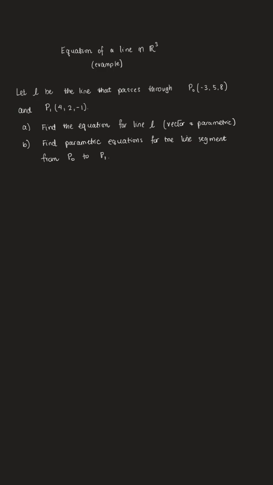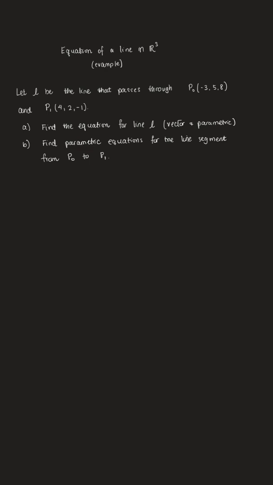Okay, so here's an example of finding the equation of a line in space. Let L be the line that passes through P sub 0, whose coordinates are negative 3, 5, and 8, and P1, coordinates 4, 2, negative 1. Let's first find an equation for line L. We'll do the vector equation as well as the parametric equation. And then for part B, we're going to find the parametric equations for the segment that goes from P0 to